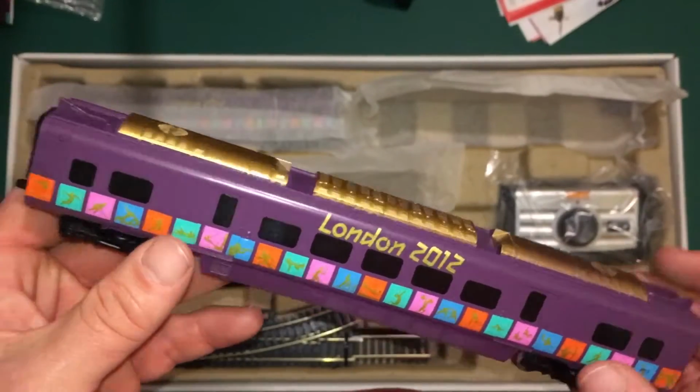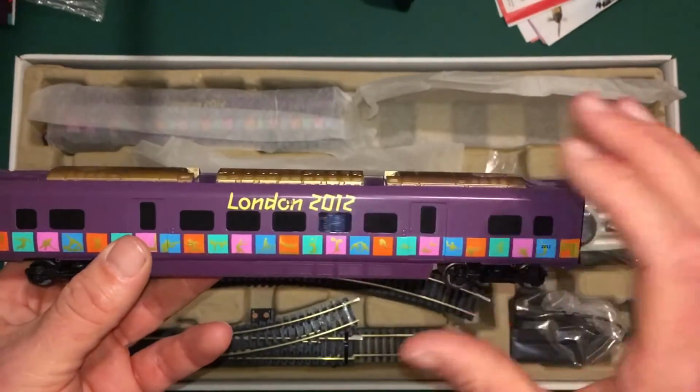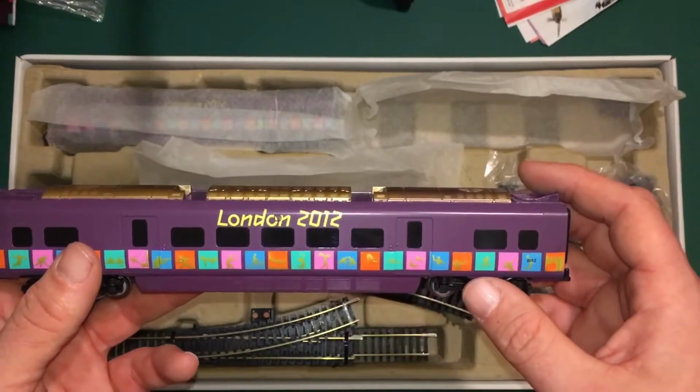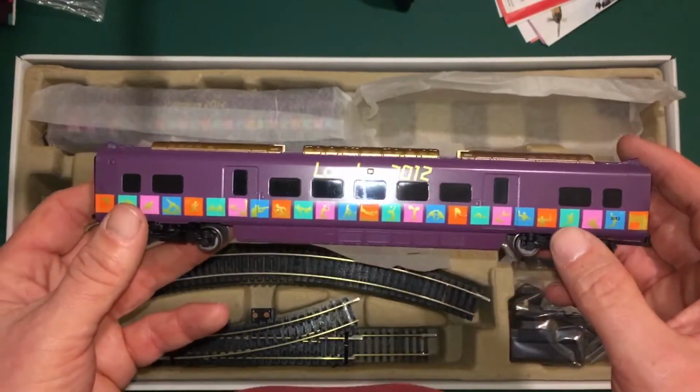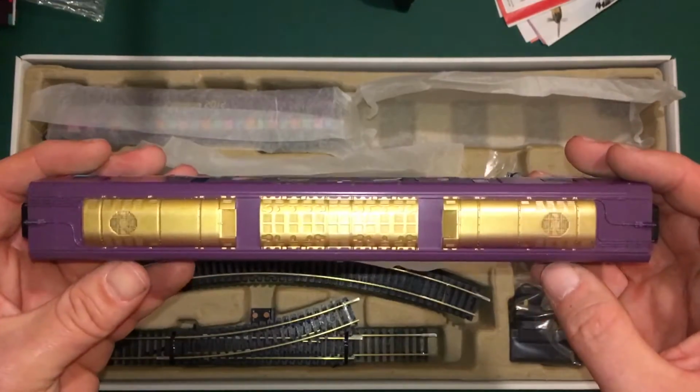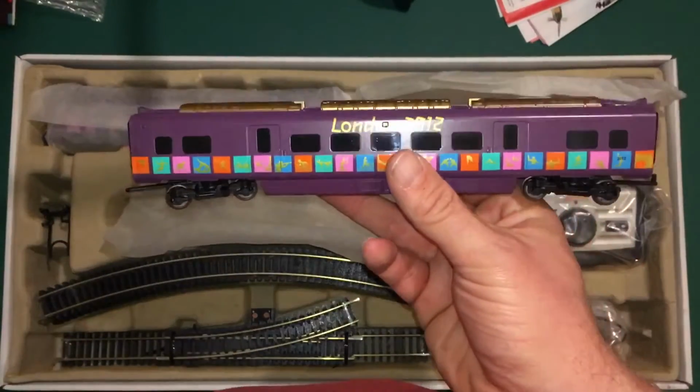It does, I've got to admit, feel very toyish. Very toyish. I don't know what was going on when these were being built, what period Hornby was in at the time, or things like that. But I wonder if you can get